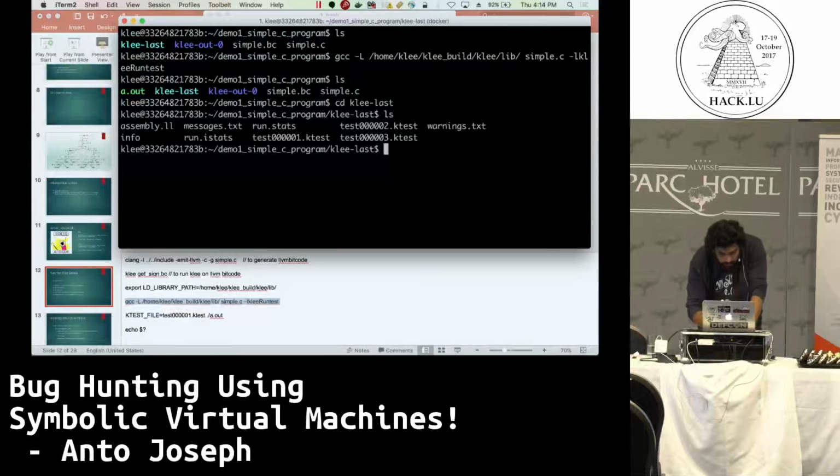The test files will be in this directory, and they will be named ktest. To run the test files, you can use something like this, passing the .ktest file onto the binary.